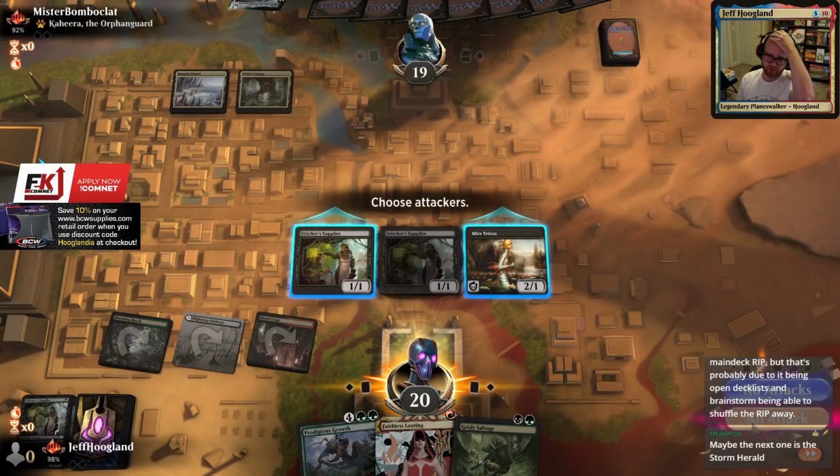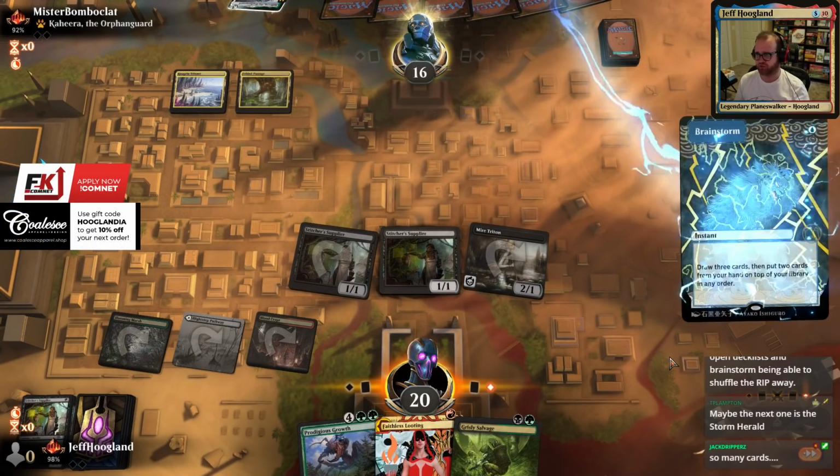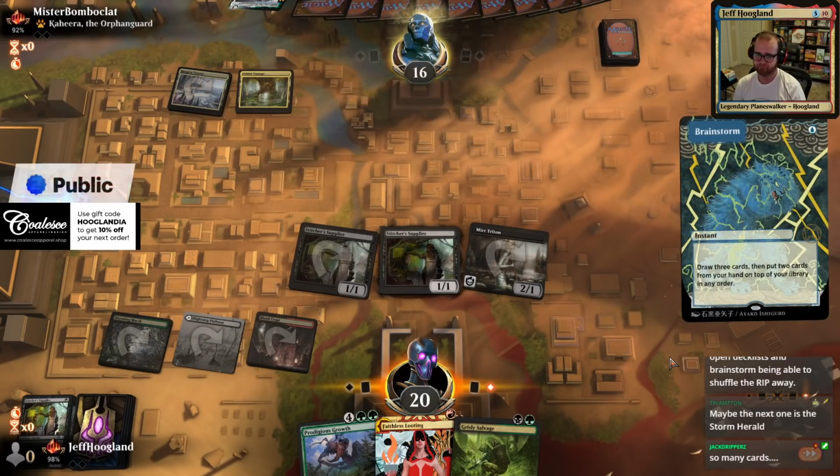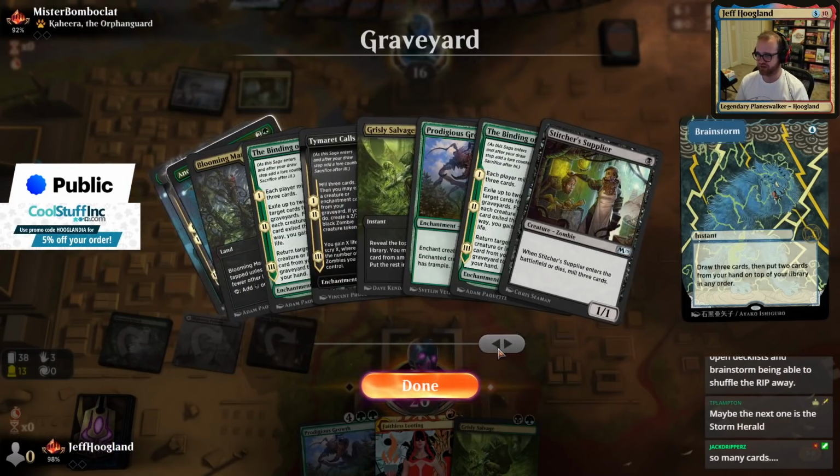The MPL had a lot of main deck grips. Yeah, open deck lists and Brainstorm both factor into that a little bit. Yeah, maybe this one is Storm Herald. We actually haven't milled any Storm Heralds in 21 cards, so